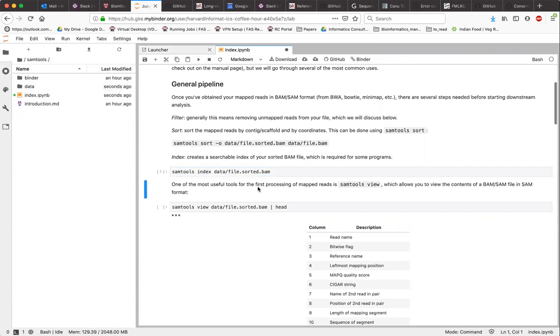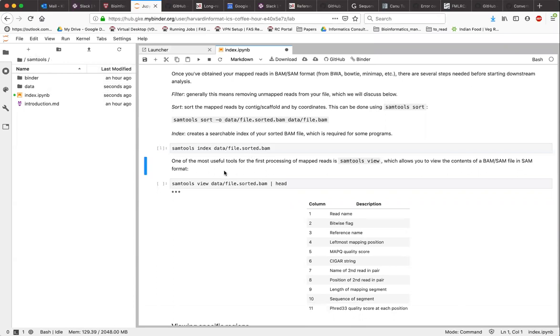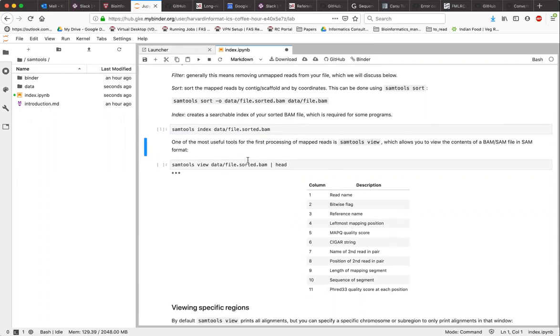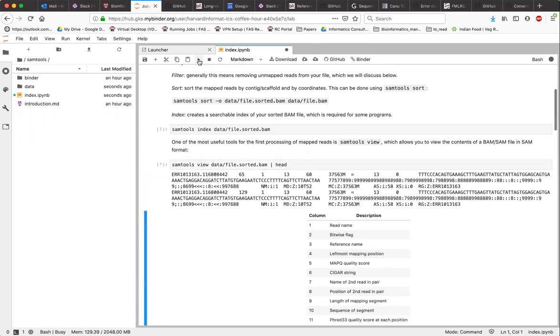Now that we've sorted and indexed it, to actually visualize the alignments, one of the most useful tools in the Samtools toolkit is samtools view. As the name suggests, this allows you to view the contents of a BAM or SAM file. By default, it outputs in SAM format. If I go ahead and run this, just a reminder, I'm piping this to the head command, which just displays the first 10 lines of a file, so it's not printing the entire thing. If we go ahead and run that,